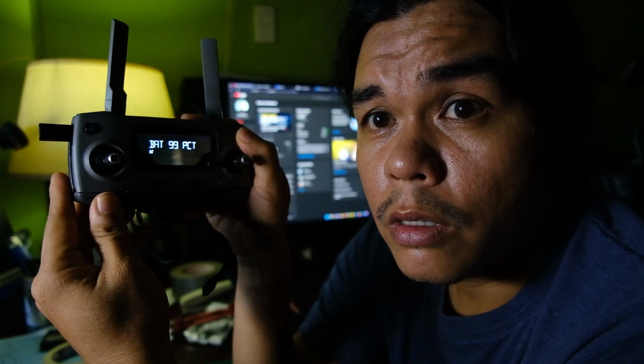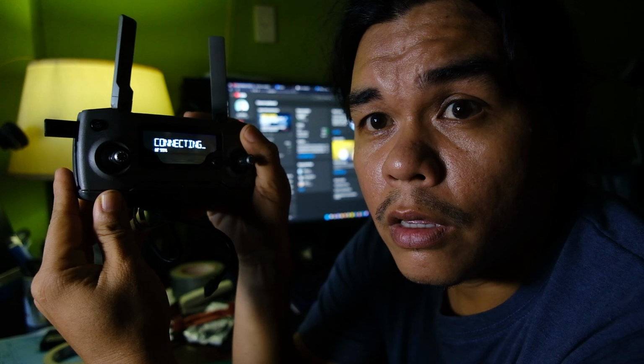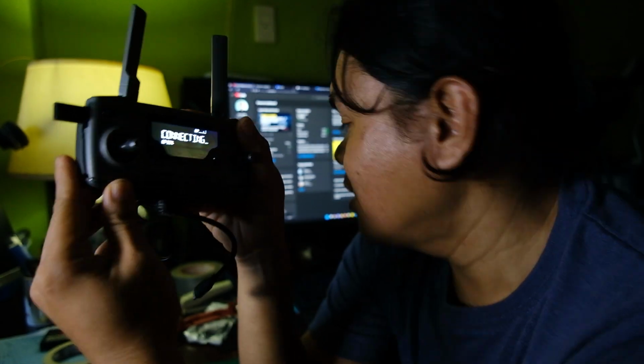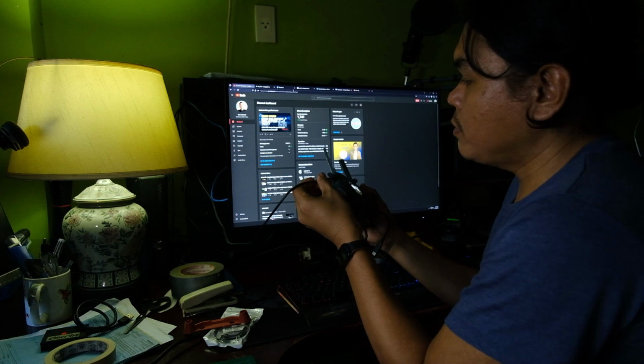Power it on. And then connect it to the PC, type C,